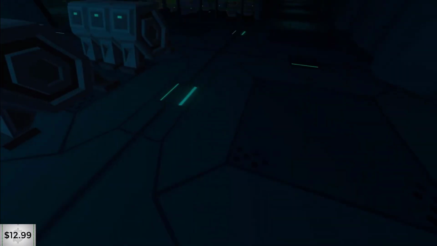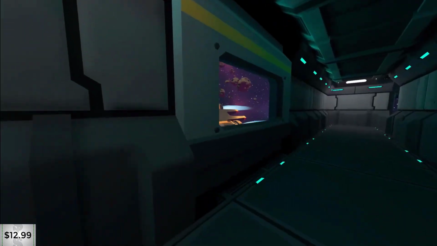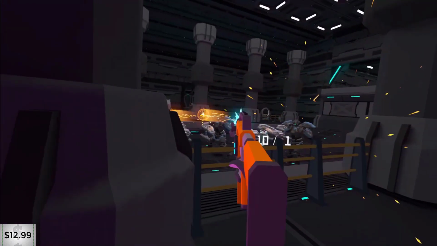The next up is Directive Nine. Now this is a juicy little title. It's a roguelite FPS set in a sci-fi universe. You choose your weapon loadout and then have to battle your way through a space station, and as you progress,